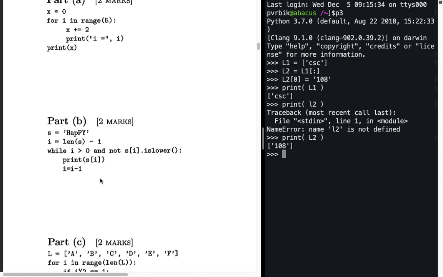Oh, we're counting down. It prints Y, then P, then exits, no? No, it shouldn't because it doesn't start, because the truth case is false because it's uppercase. No, it's going to be